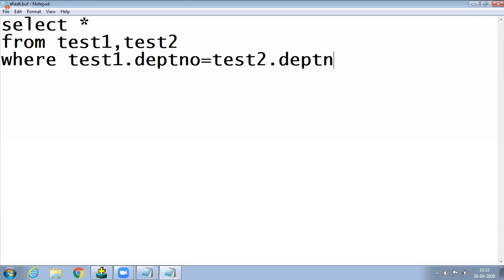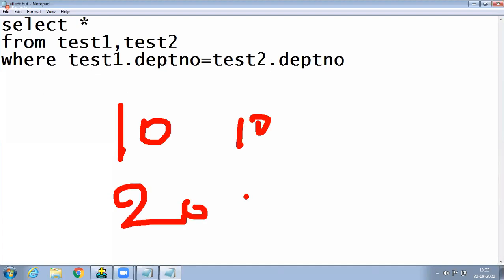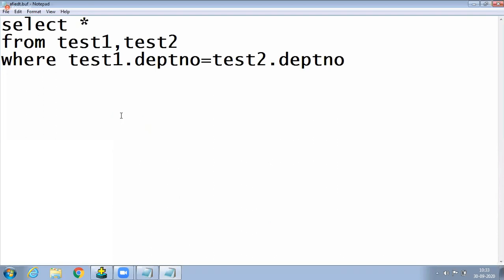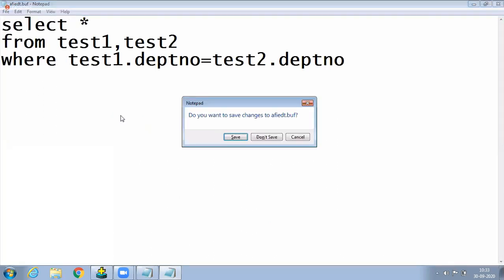Whenever I write the equal to operator, this is an equijoin. What is the output? Very easy. Star means all the columns, but here 10, 10 and 20, 20 are displayed, or not? Why? Because of matching rows. Everyone is telling the correct answer: 10, 10 and 20, 20.